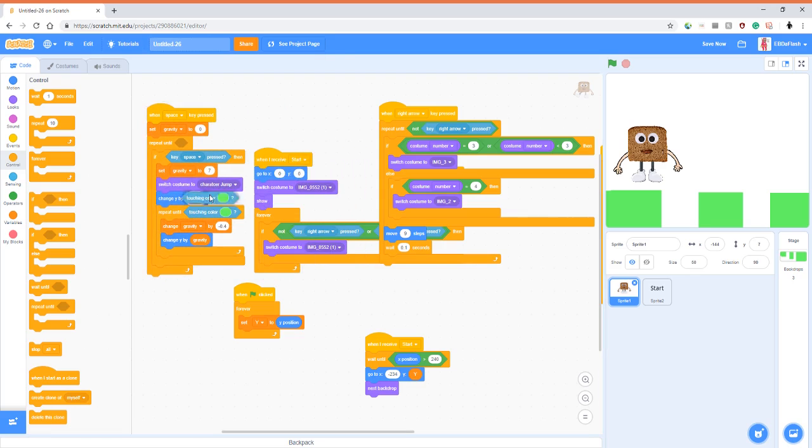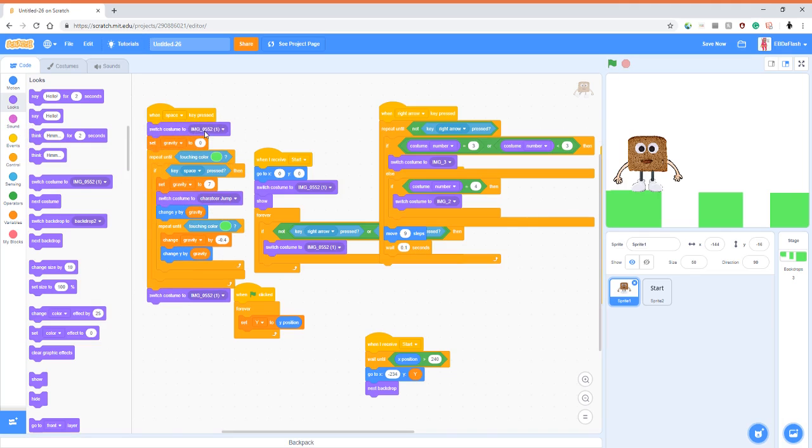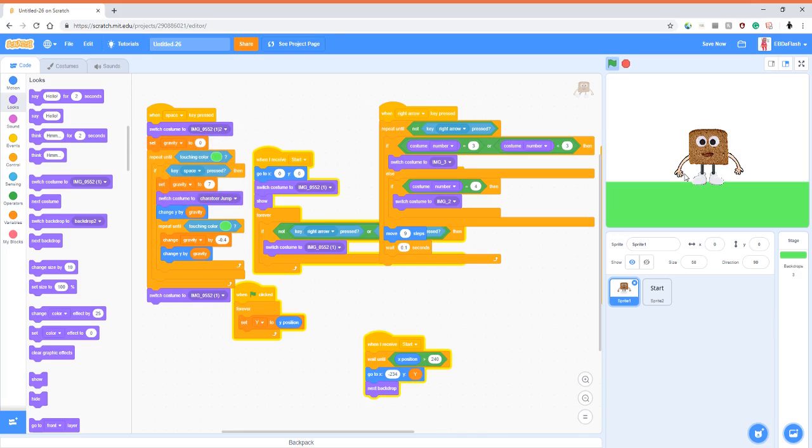and then you just want to duplicate this block, put it in, until it's touching the color. So then it won't just keep on going down, because it would have just kept on going. And now at the end of it, we just put the switch costume back to the first one. So now, after when space is pressed, you're gonna put look, switch costume to your jumping costume, and then when you jump,